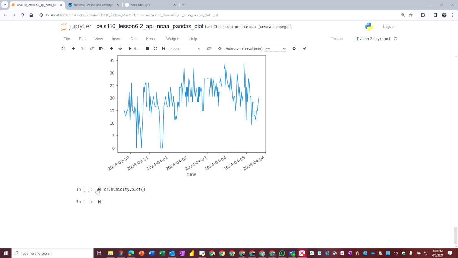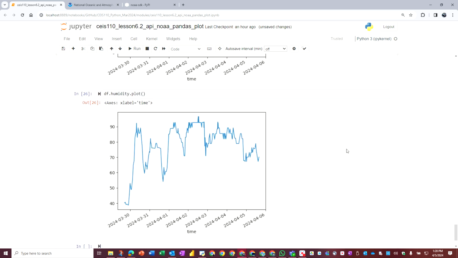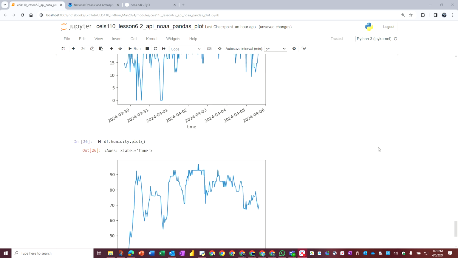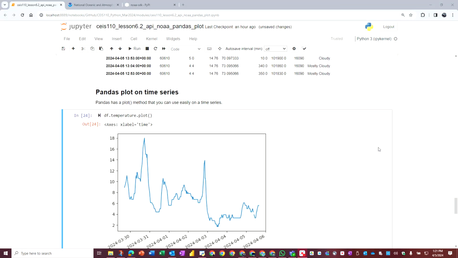How about the humidity? Let's look at the humidity. Well, it's been raining. The weather has been a little bad, and I think that was the reason why the humidity is in the 80 percent range. So that's it. That's what I wanted to show you, all of this, to get you to the point where